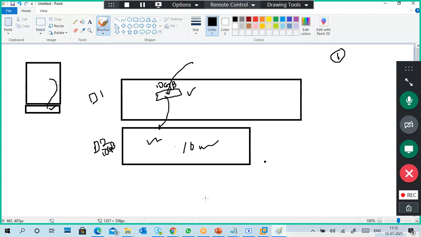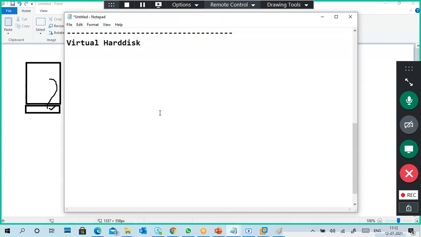Now the virtual hard disk formats. Different types of virtual hard disk formats are there in Windows: VHD and VHDX. If you are using a Windows operating system, you get a .VHD format and a .VHDX format.